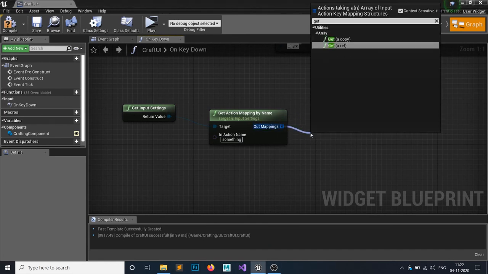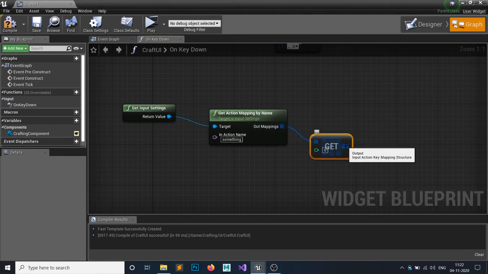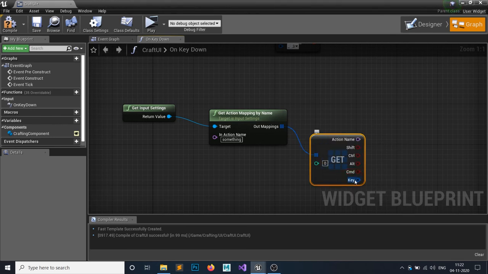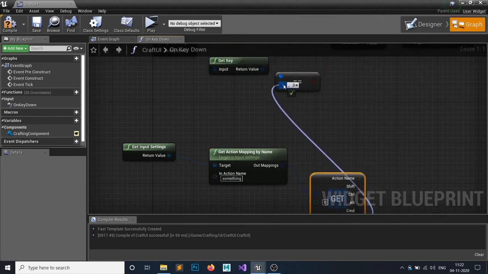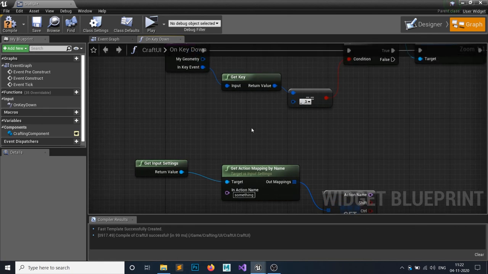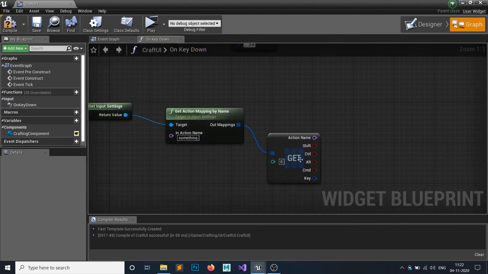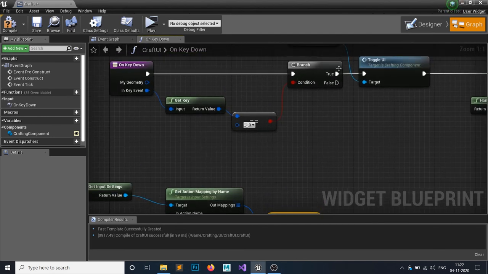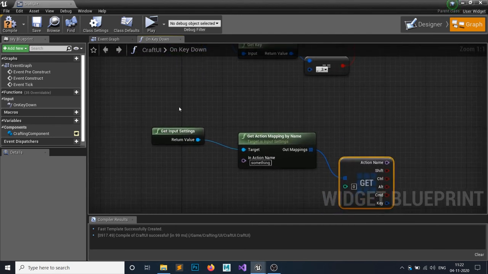So you can just get a copy, and if you convert it or split it out, you can approach this key. So let's say if your weapon wheel is for Q button, get your weapon wheel from here and grab this key, and if it's equal to the key we are pressing, then it will simply do the true branch.